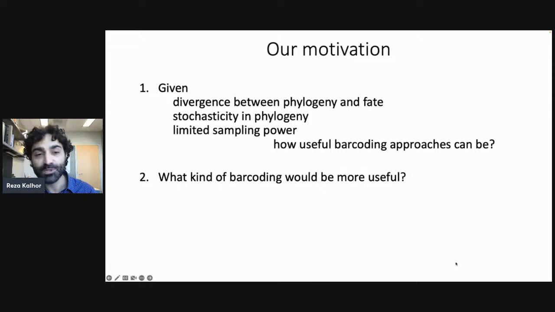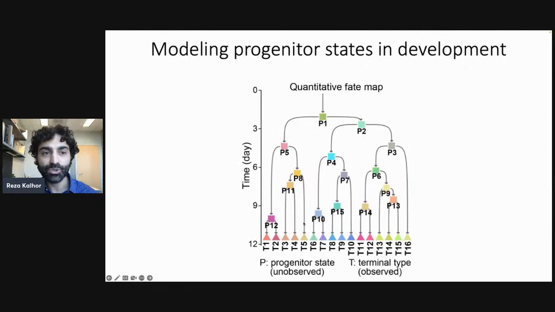And this work was motivated by us asking ourselves, given the divergence between phylogeny and fate in mammals that I told you earlier about, and the stochasticity, and the fact that we can only sequence a very small fraction of cells, how useful barcoding approaches can be, and what types of barcoding would be more informative and useful. So to answer that question, the first thing we had to do is basically create a simple model of